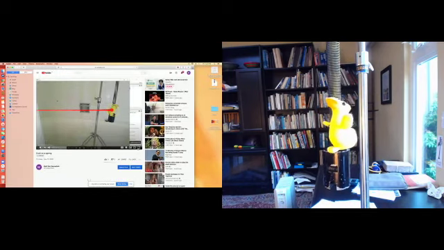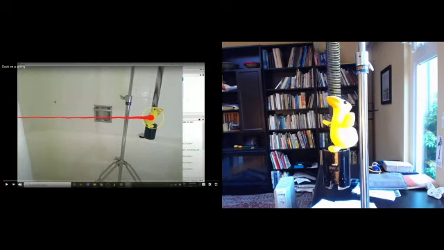Let's pause that. So what's going on here is that we've basically got some computer vision software that I set up, which recognizes the location of the duck. And so as a function of time, what the software does is basically puts a big red dot on the location of the duck. And then as time goes on, that dot moves to the left at a constant rate. And so in the